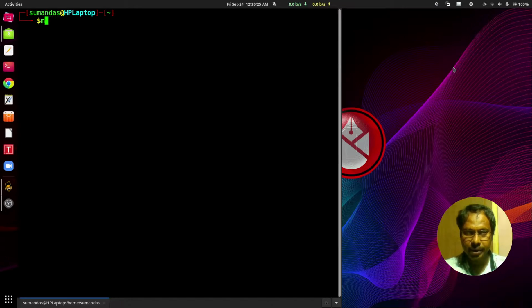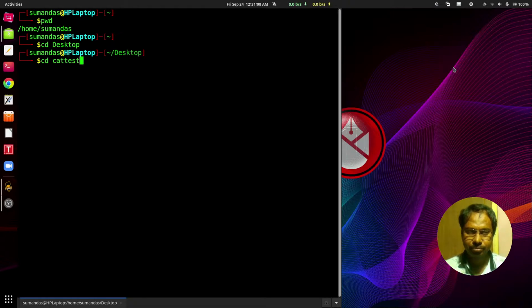So at that moment, we are navigating to a new directory. Let's type pwd. We are in the home directory of the user Suman Das. So I am navigating to the desktop folder. Then from the desktop folder, we have another directory, that is cat test.